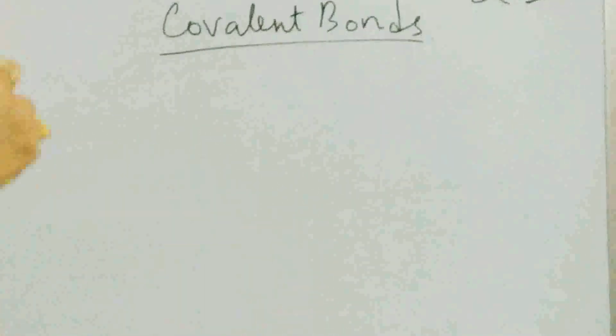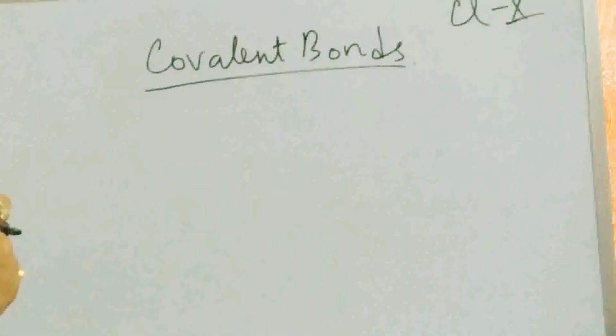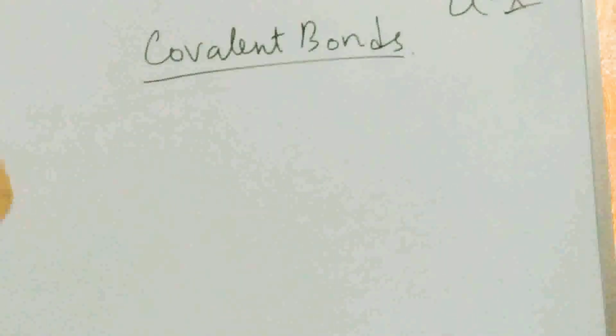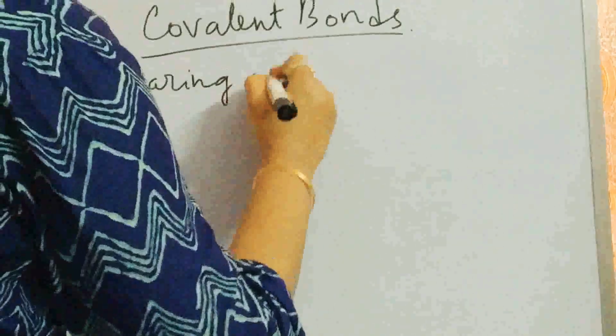What did we find in case of electrovalent bonds? The atom of one element is donating electrons and another is taking up electrons. But in case of covalent bond, both of the elements are sharing electrons, keeping them in between. In electrovalent bonds, an electropositive element combines with an electronegative element. Here both the elements are electronegative in nature. So the first point is sharing of electrons.